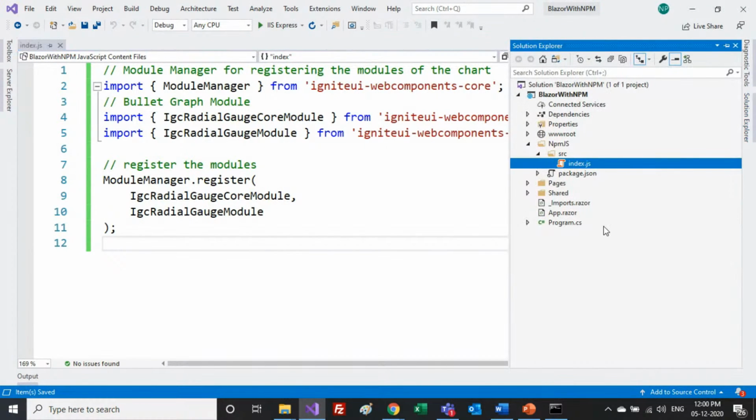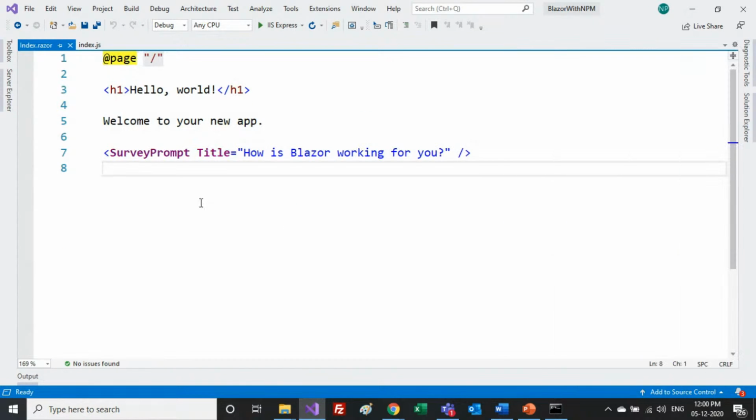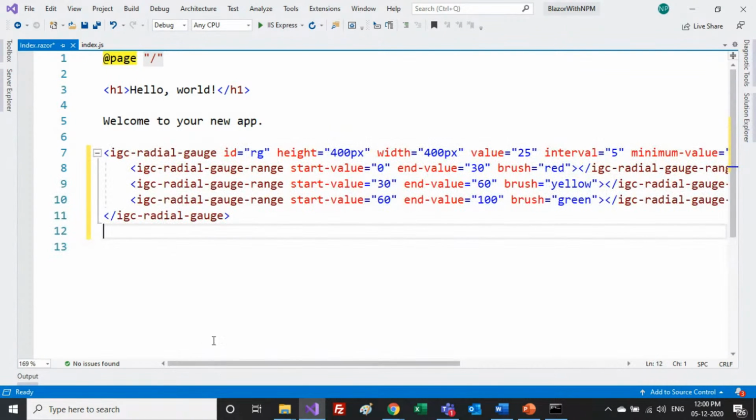First, you can either create a new Blazor component, or you can specify the gauge over there. Or if you don't want to create a new Blazor component, you can use any other existing Blazor component from there. Like we have an index, which is the first page. So if I go and edit, here is a survey prompt title, so I can replace this with my gauge code. So I simply put in this gauge, which has